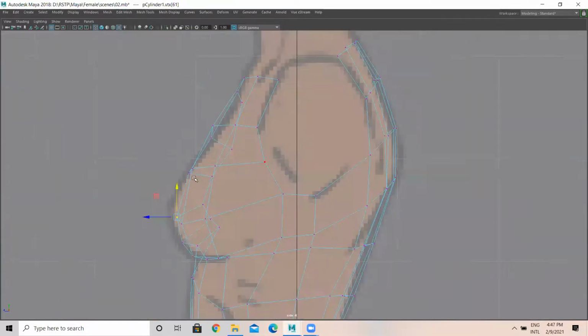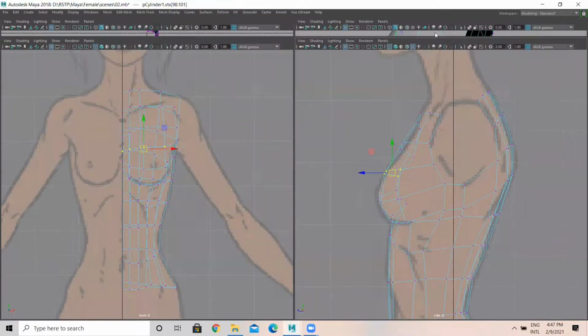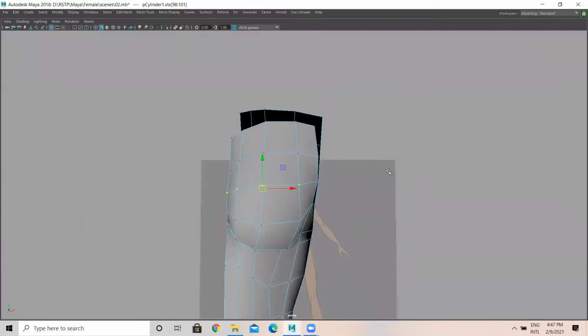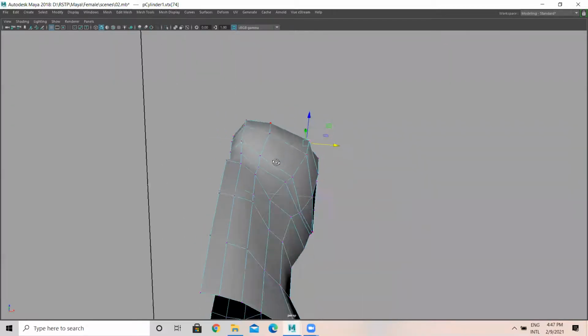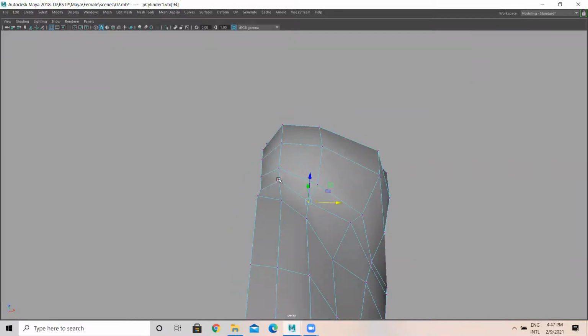You need to make it something like this. So I have done it up to here. It should be like this. So everywhere it has to be something like this. Means curvy. That's what I'm just referring to.